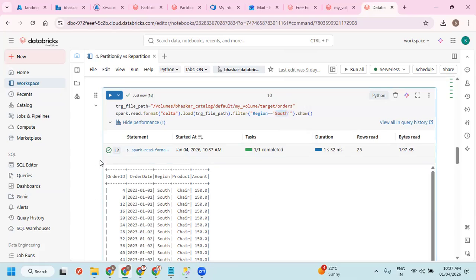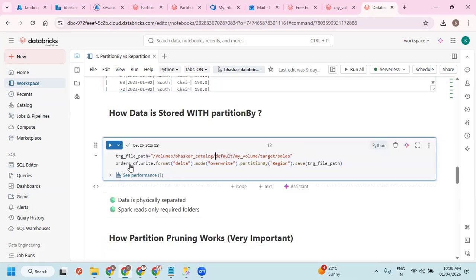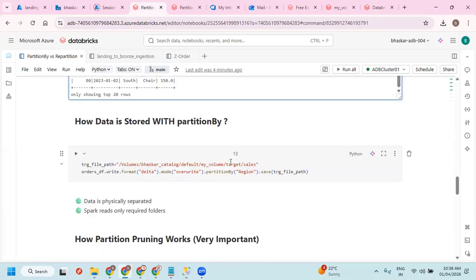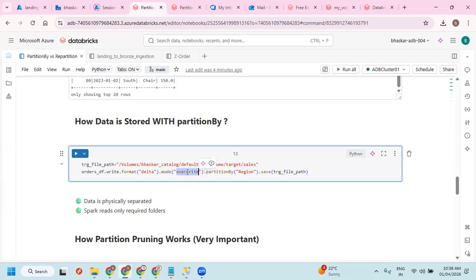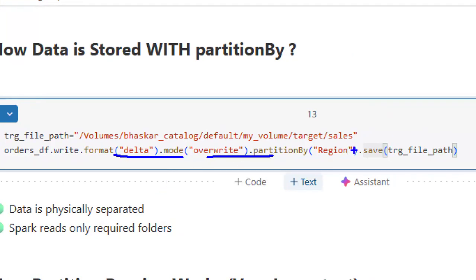Okay, so now I can show this file data in the target, but when you create a table, how exactly it is going to be there, you cannot see it here. Now the same thing I'm trying to do here with partition, same to same, no change when you write the data. This time I'm taking a partition by region. Same format, the only thing additionally added is partition by column. Partition by region I wanted to create.